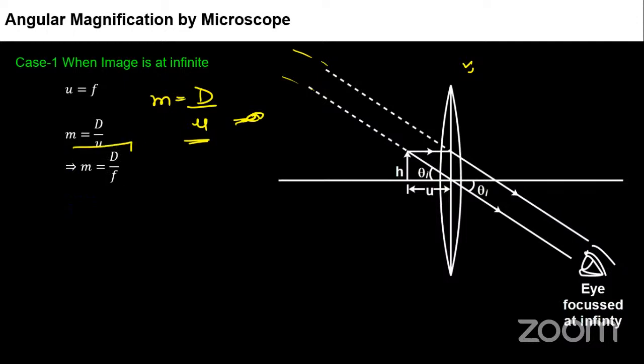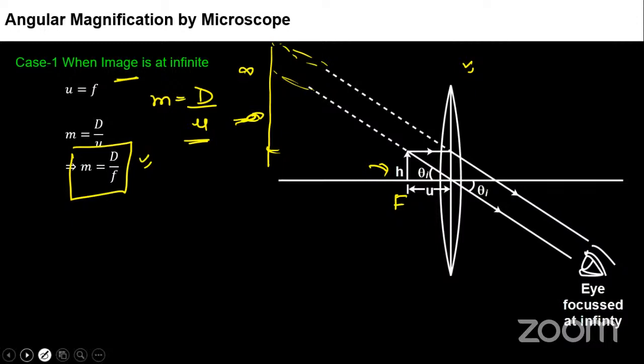So you'll get magnification as this. Oh, sorry, when the image is at infinite, I'm sorry. It means the elongated image, we don't know its height, it is like infinite because it is at infinite. For such a case, I'll keep the object at focus, because you know this thing: if you keep an object at the focus of the biconvex lens, the image will be formed at infinite. So this is the condition of magnification there.